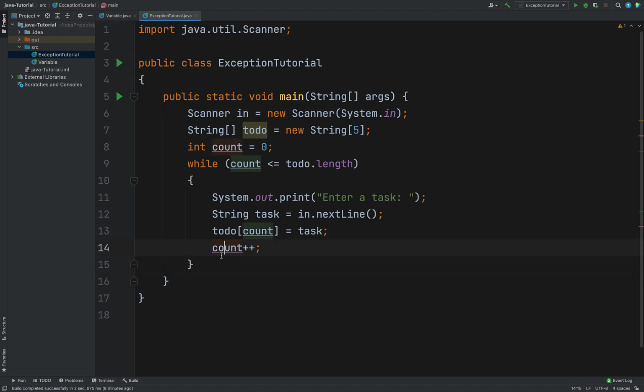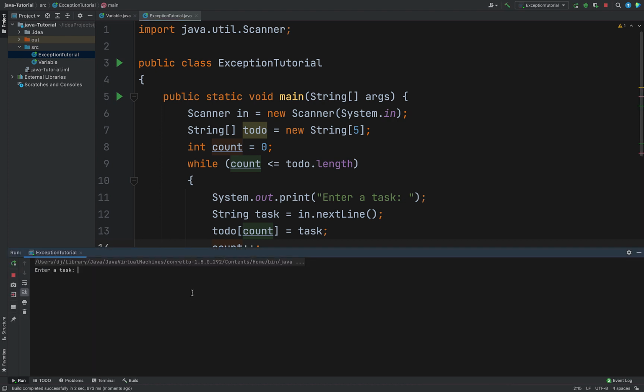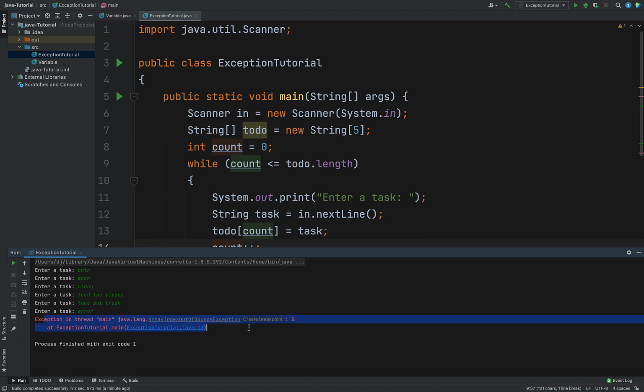So hopefully, if we run this, we're going to encounter an error because we're trying to access a memory location that hasn't been assigned or that we don't have. So I'm going to say bath, I'm going to say wash, I'm going to say clean, I'm going to say feed the fishes, trash, and then last but not the least, I'm going to say error. And that is me, the programmer. I know that there will be an error,